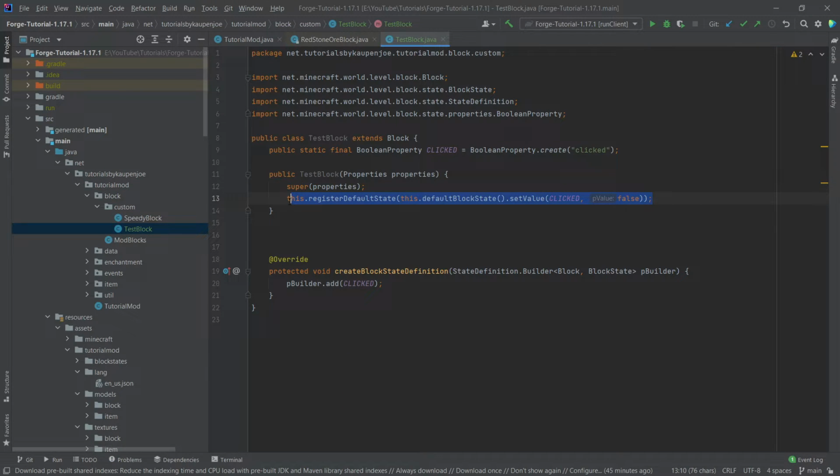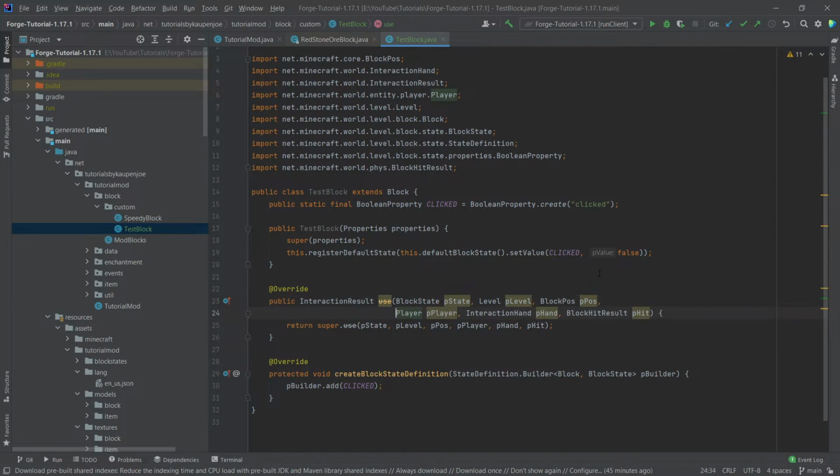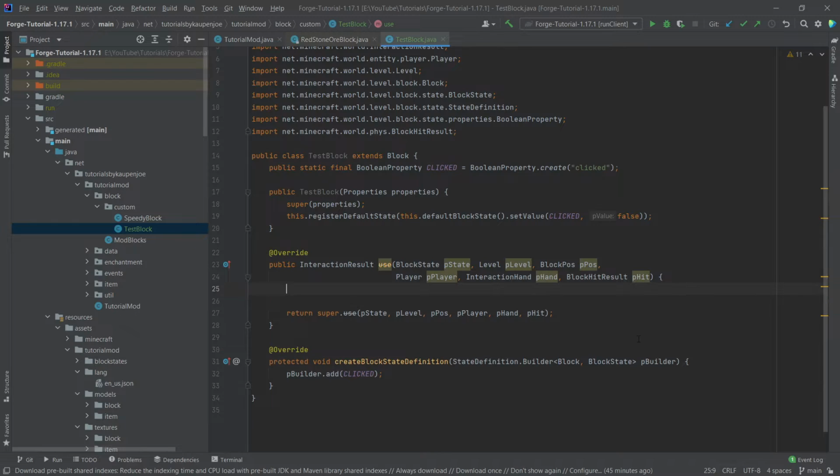So why are we doing this? Well, like I said, every property always has a certain value, so it can't be null. And we're just making sure that when we set this block down, the value here is always false. This should be the case by default, but we're doing this just so that everything is fine. And then we're going to override the use method right here, so that we can actually right click this block, and then we're going to change the